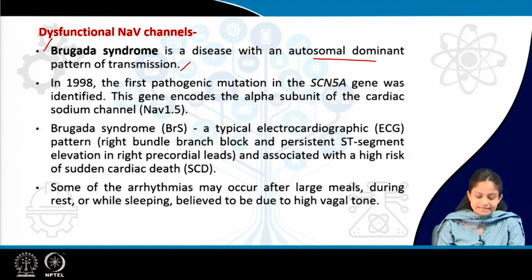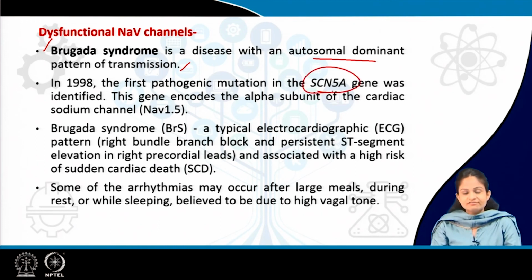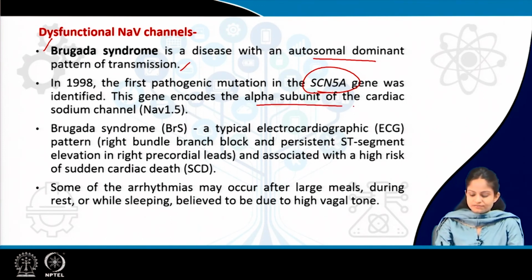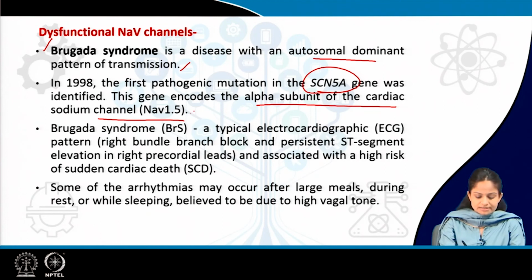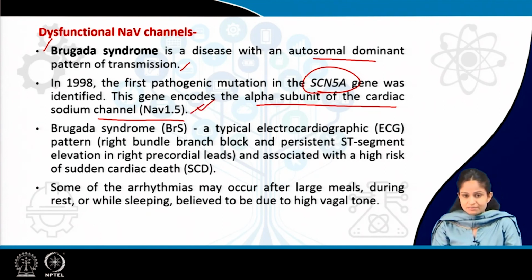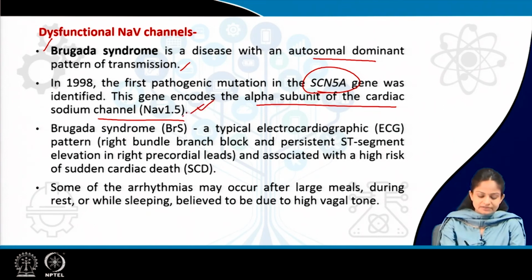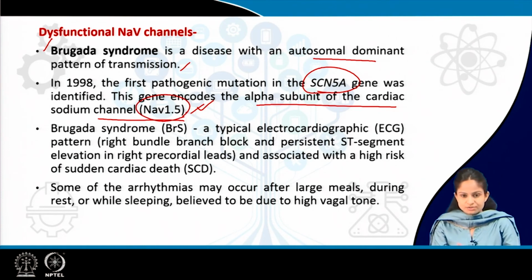In 1998, the first pathogenic mutation was seen with this SCN5A gene, and this gene mainly encodes for the alpha subunit of the cardiac sodium channels. To be specific, NaV 1.5. So, this we have to remember. So, Brugada syndrome mainly affects the alpha subunit of the cardiac sodium channels, specifically NaV 1.5,